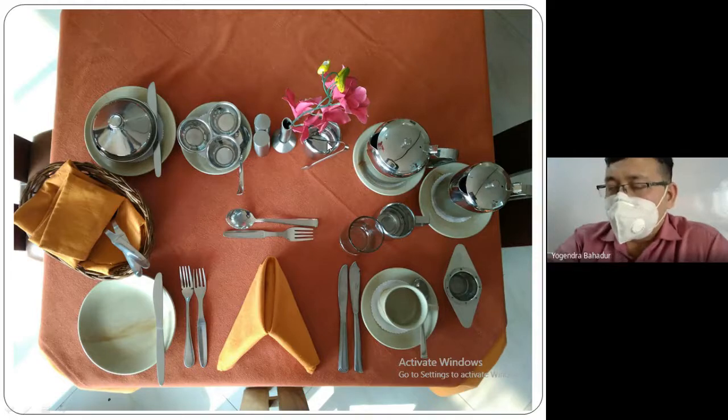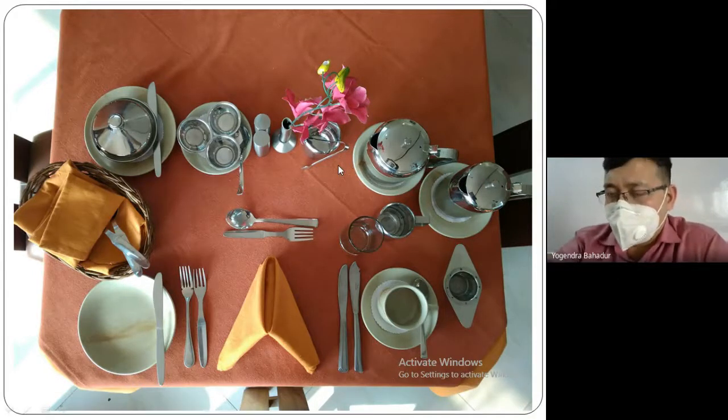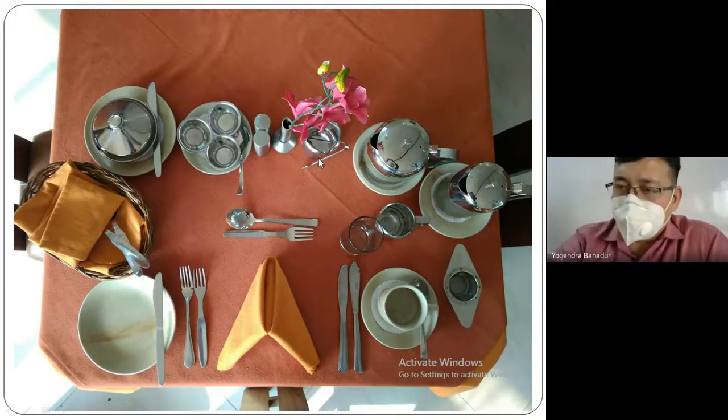We are going to give that sugar sachet in a square box shape, which is again called the sugar bowl, square in shape. Generally, there is a practice of giving three different types of sugar sachet. One is the normal sugar sachet for all the guests. Second is the caramelized sugar sachet.